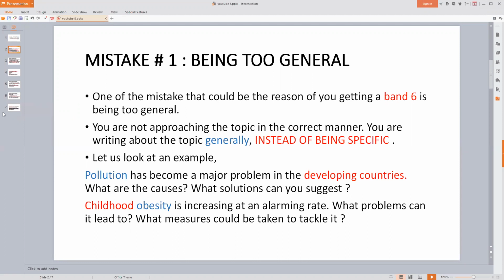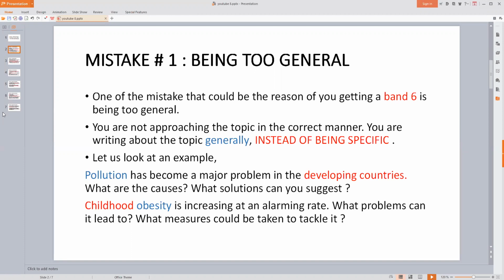Let's say you get this question in the exam. Pollution has become a major problem in the developing countries. What are the causes and what solutions can you suggest? So the first thing from the question, we know it's a cause-solution essay, because they're asking us for the causes and they're asking us to suggest some solutions. So we know it's a cause-solution essay. Now, the mistake people make and the reason that you're getting a band 6 or a 6.5 is because